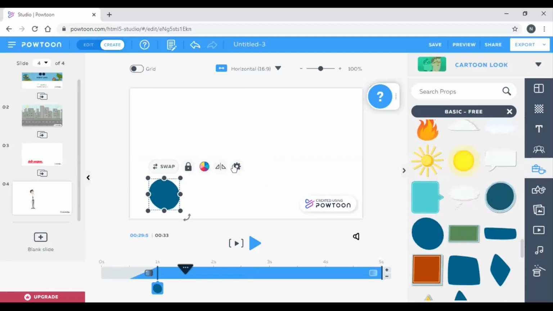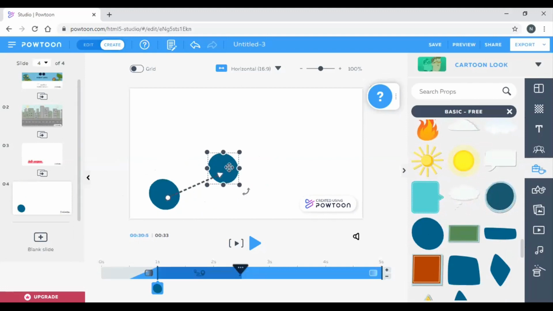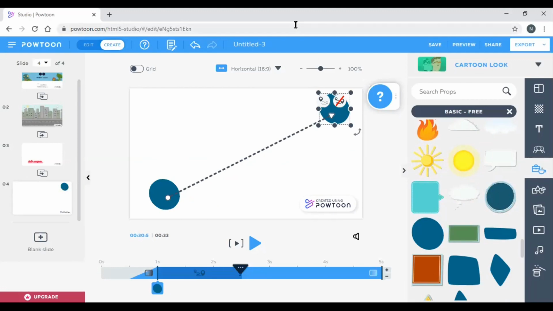I will take this A to B feature, and for this A to B feature I'm going to take it here, and here below this box you will see one arrow, double-sided arrow. When I go to it, this arrow darkens, so I will go to it. And now if I want to rotate, I will rotate this ball to 200 and some degree angle.